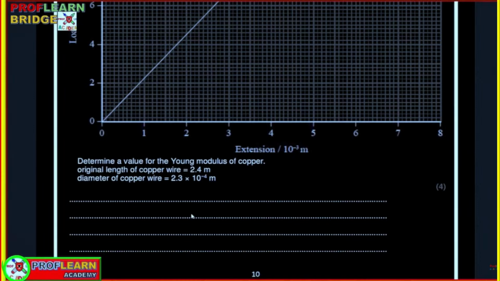Is to work out the gradient of the straight section of this graph so that we can work out the spring constant or the... Now, first we are going to work out the area of the cross section of the wire, and then using the information, remember the diameter was given there, but for you to work out area, you need the radius. So that's why we are dividing by 2. Working out, we are going to get our value as